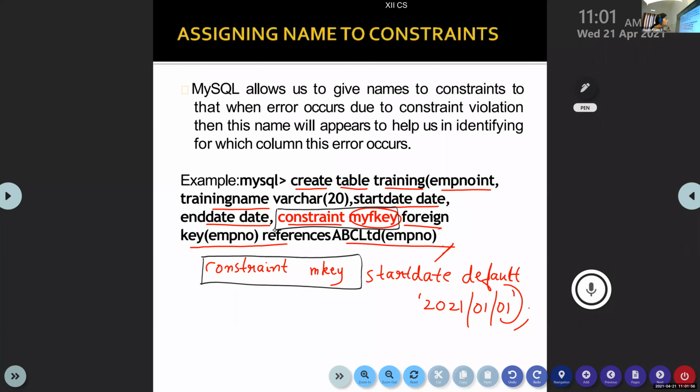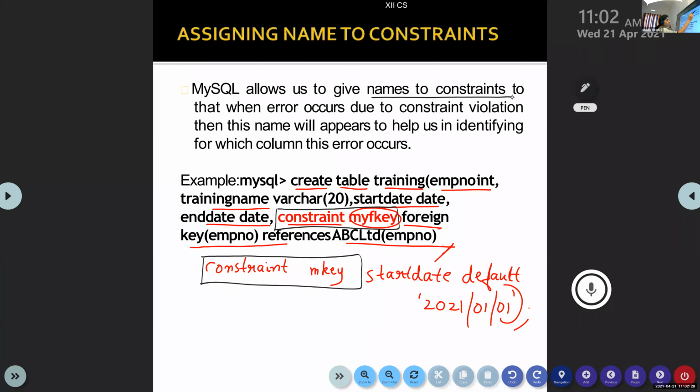And if the user wants to give some constraint with its constraint name, why do we need to use a constraint name? What is the need of that? What is the use of that? Who can say? Gauri, see why we are giving a constraint name. It is in the first paragraph.